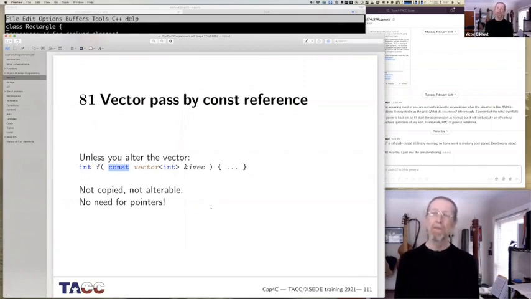Nah, probably, but a reference, yeah, deep down it uses addresses, but a reference is not an address. A reference is an alias. So it's a second name that acts like it is the exclusive owner of something in memory. But yes,